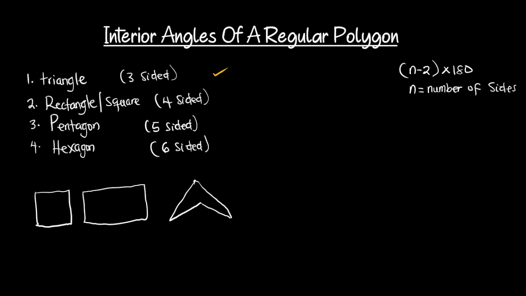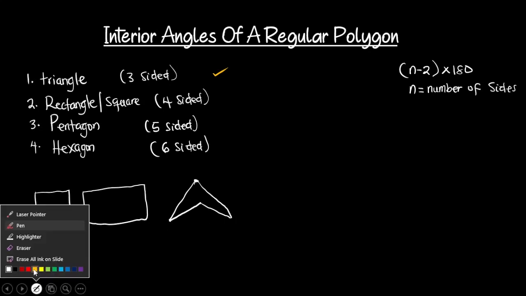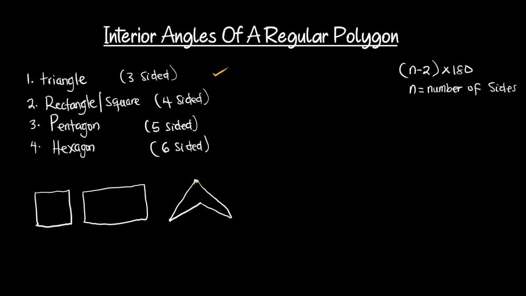Okay, it's also a four-sided polygon because it has 1, 2, 3, and 4. Let me use a different color to show that. So this is one vertex, another vertex, another vertex, another vertex, right? These are the sides. So it has 4. This also has 1, 2, 3, 4. Okay, so 4 vertices. So no matter how it is drawn, the point here is that the number of vertices